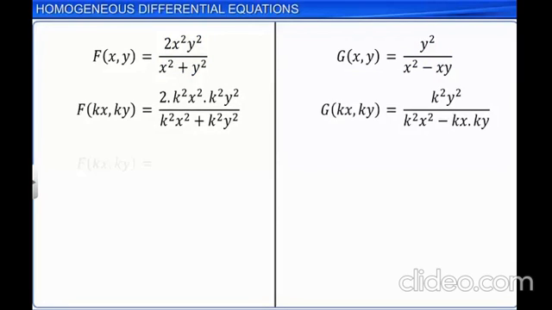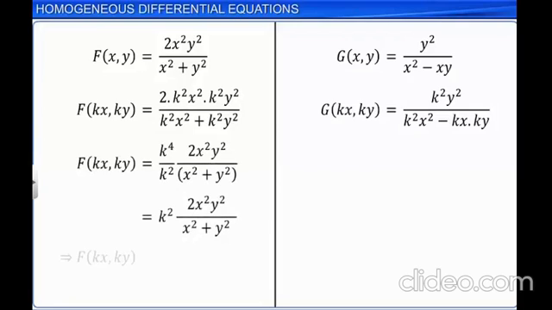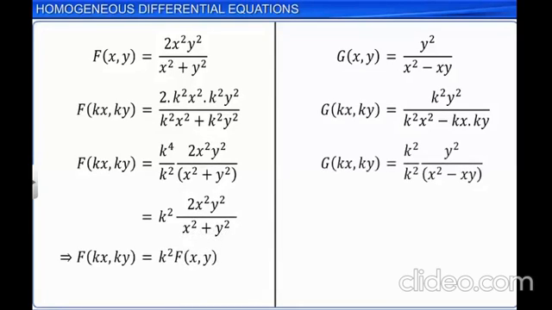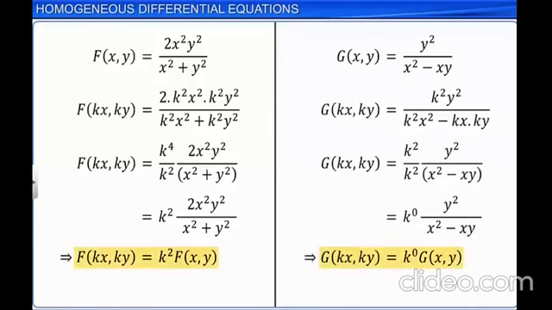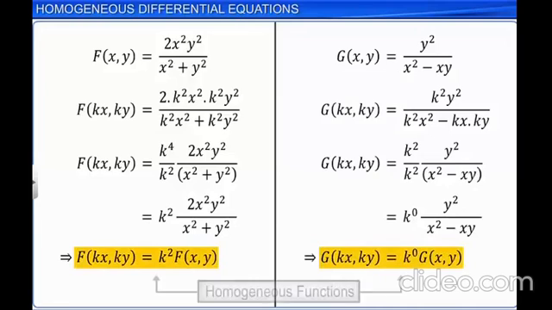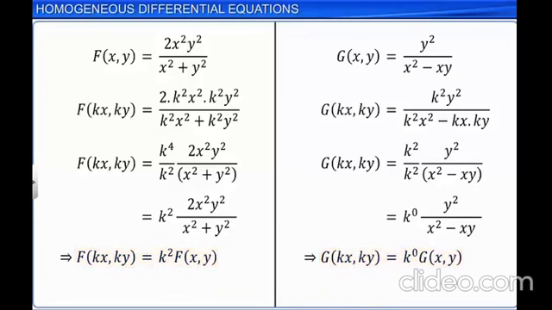Observe that in both the cases, the constant k with non-negative integral power can be taken common without disturbing the expression. Such types of functions are known as homogeneous functions. Here, the function f of x, y is of degree 2, and the function g of x, y is of